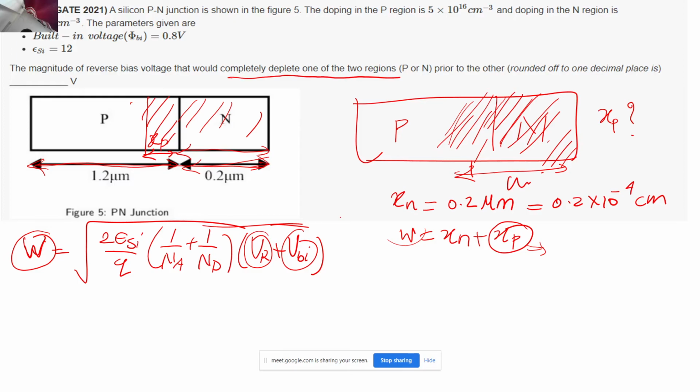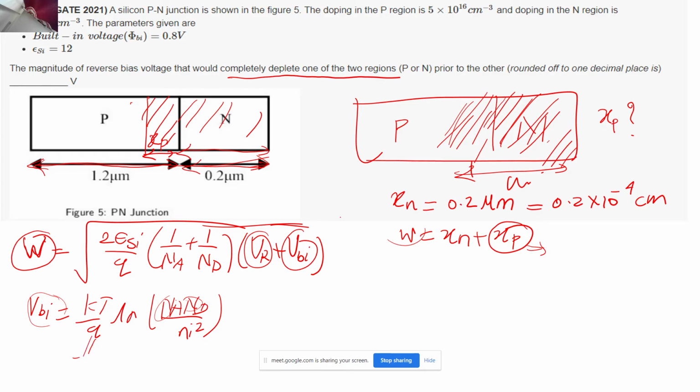Using the built-in potential, can we get any relationship? Okay, built-in potential. We know the built-in potential. So what we are going to do with this ln of Na Nd upon Ni square. If I use this equation, then everything is given to me, right? Na is given, Nd is given, Vbi is also given to me. It is just that the temperature is not given. So we will just be able to find the temperature from this equation, nothing else.